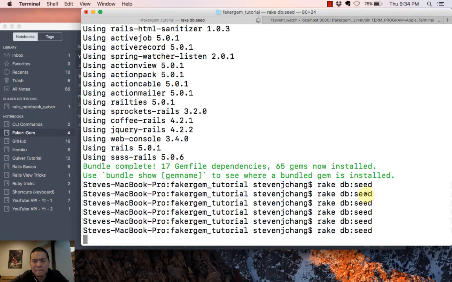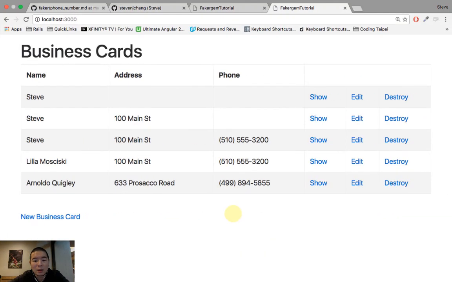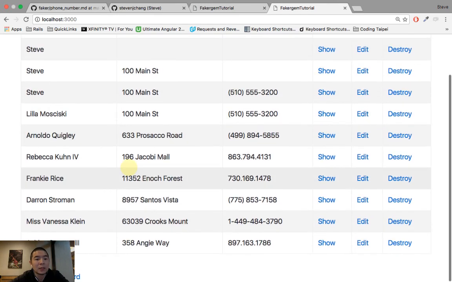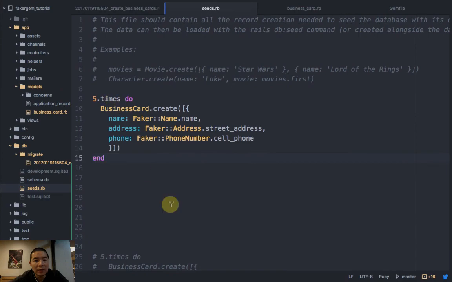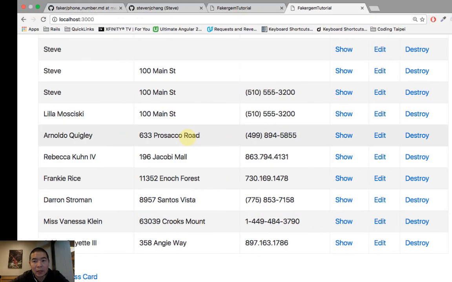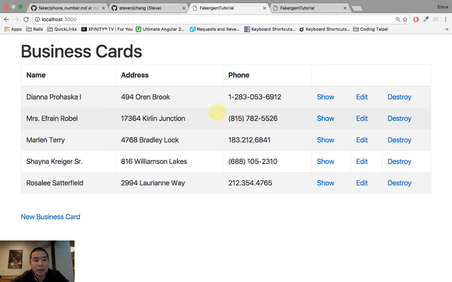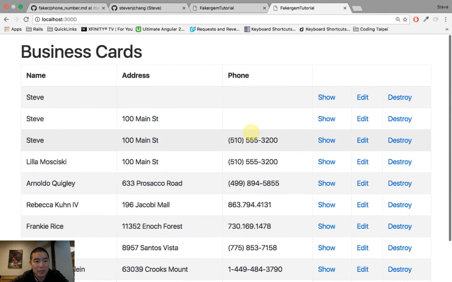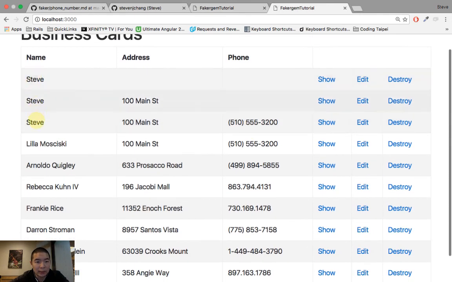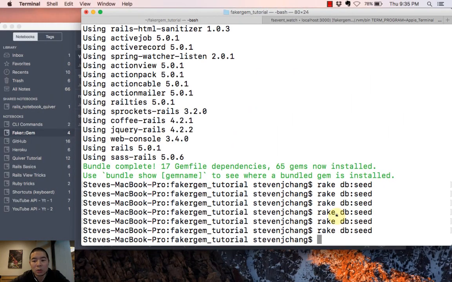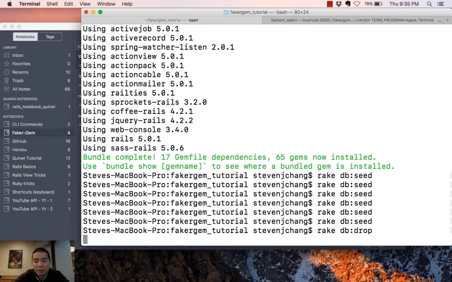Okay, let's see. Great. So now it generated 5 more because we did the 5.times. And so now the last thing I want to do is show you how to reset your database. As you can see, this is a mess, we kind of want to get rid of the initial testing, all the Steves. So we're going to go here, we're going to do rake db:drop first,